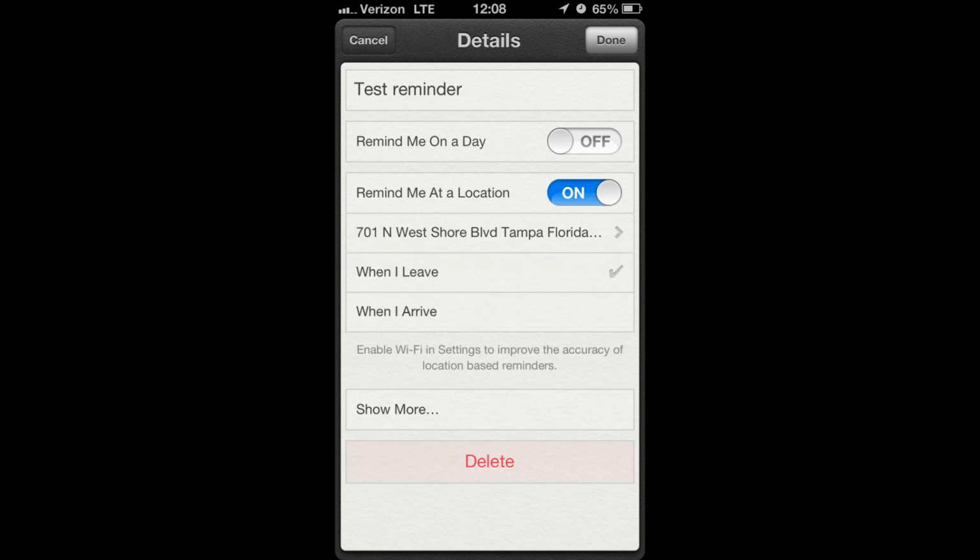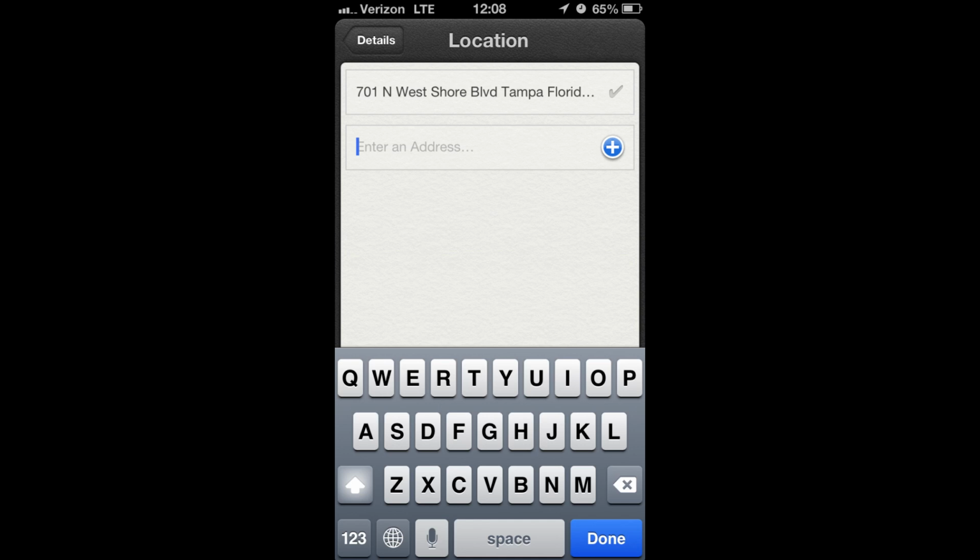And you'll notice that if your GPS is enabled on your phone, it's going to spin for a second and then it's going to put in your current location by default. But once that is pulled up, you can actually click the arrow to the right of it to go ahead and enter a specific location. Go ahead and click in the Enter an Address field, and you can enter the address of the location that you want to be reminded at, or you could hit the little plus icon and that's going to take you to your list of contacts, and you could actually add an address that is associated with one of your contacts, like your friend's house. So once you have that all set, go ahead and hit done